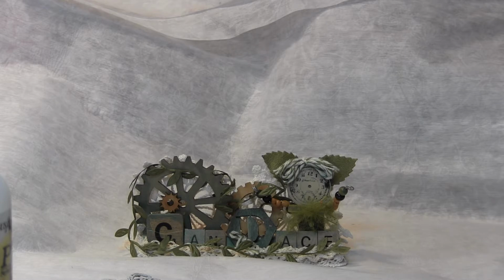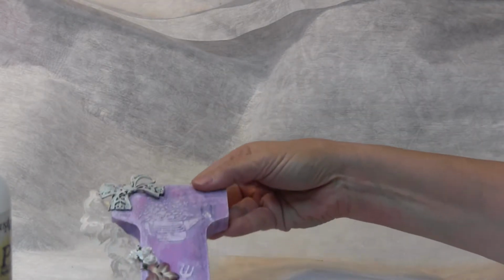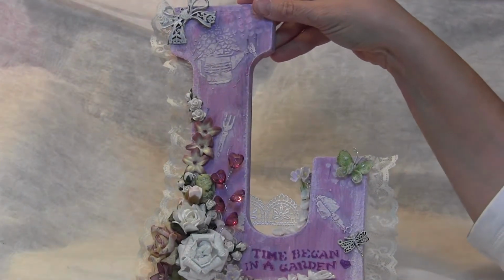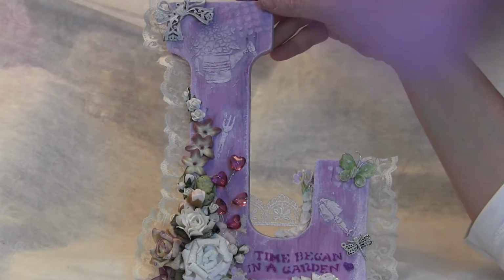We are exchanging initial letters, altered letters, and this is about a 10-inch high letter, so I'm going to show this to you. There it is. She wanted something in the mauve category. So